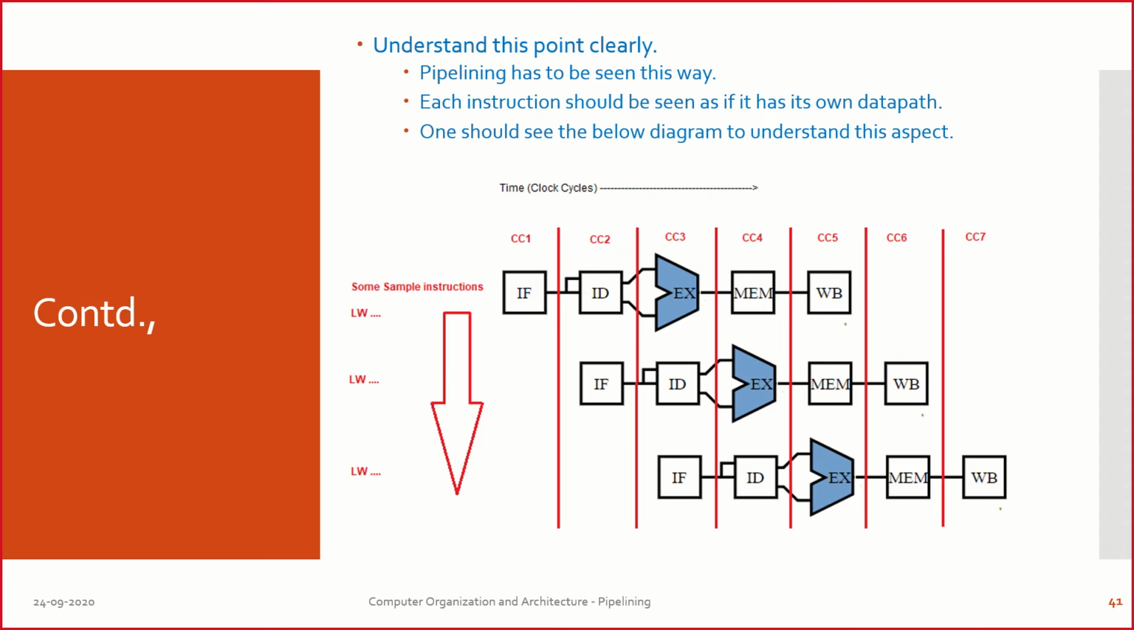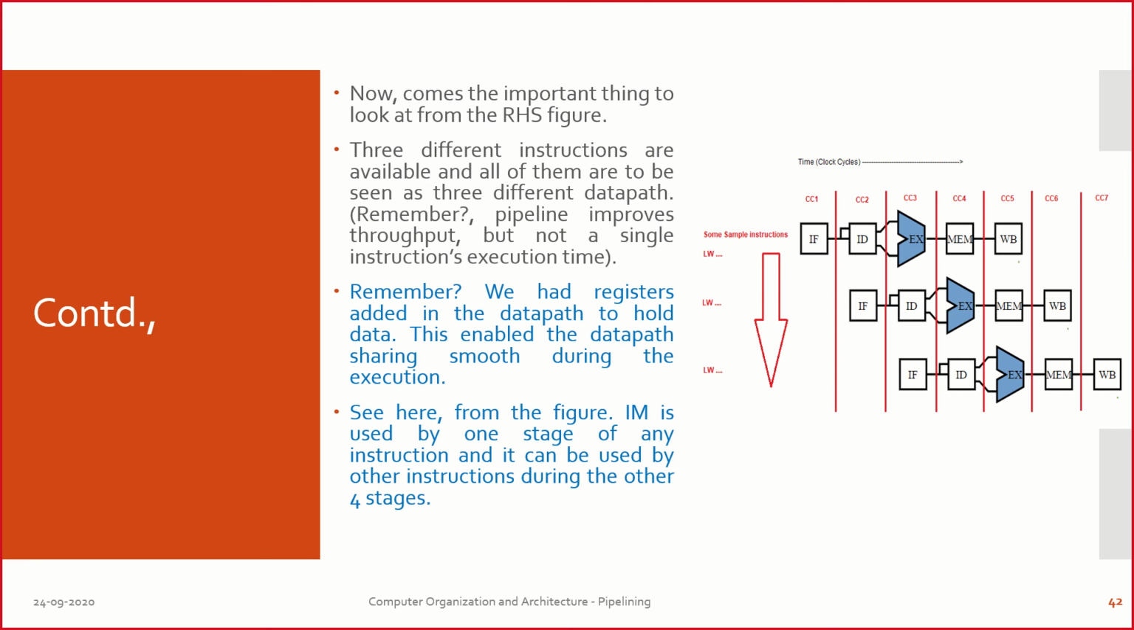Now, as I told you right in the beginning, pipelining is not something where an individual instruction's time would be reduced or individual instruction performance would be improved. It is going to be collective. So pipelining is all about seeing each of these instructions as a separate data path. That's what we have been discussing from yesterday. Each instruction has got its own data path, and remember this point,